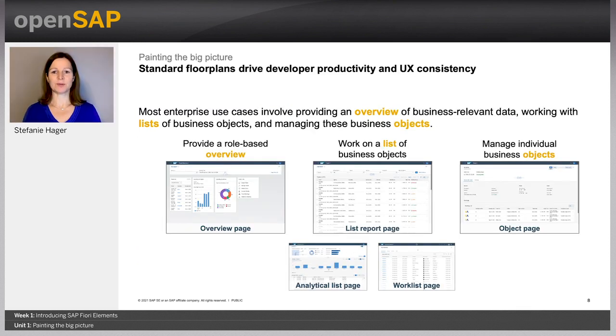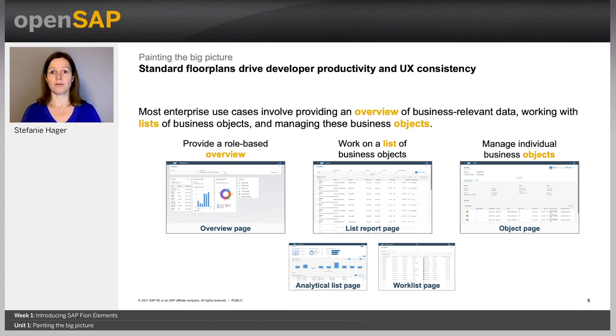Developer productivity is boosted significantly by providing standard floor plans. Most scenarios in the enterprise involve some variation of providing an overview on business relevant data, various types of lists of this data, and managing the data. And the 5 SAP Fiori Elements floor plans were designed to cover the majority of these use cases. Overview pages provide an overview on the data for a certain business area or role. They're also the jumping off point for business process, like when we jumped from the travel overview to the travel list. The travel list was based on the floor plan list report,